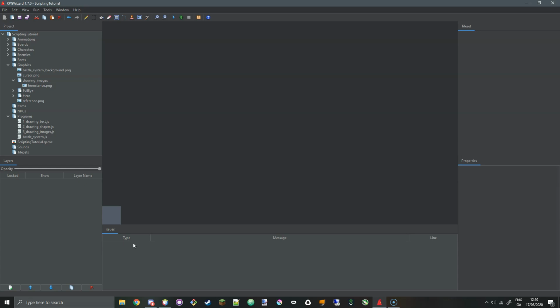Okay, so in this part of the tutorial, I'm going to show you how to draw images in RPGWizard. The difference between drawing images in RPGWizard and drawing other things such as shapes and text is that an image is considered an external asset to the RPGWizard's engine. What does that mean? Well, that basically means you need to load the image into the engine before it can